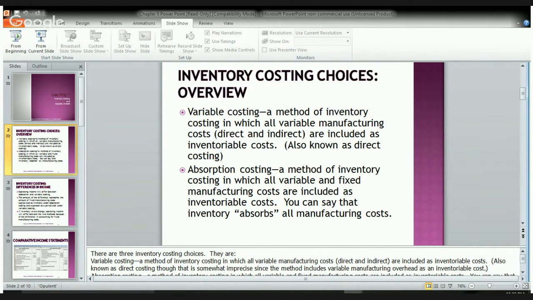Add that to the 400, the beginning inventory. I have a total cost available for sale of $1.4 million. Then I deduct any ending inventory. According to the information here, we have 500 units left, so I'm going to multiply that by the 200. I get 100,000. So my variable cost of goods sold is $1.3 million. Now, again, we have 6,500 units that we sold. We're going to multiply that by the $185 per unit for variable marketing costs, and I get